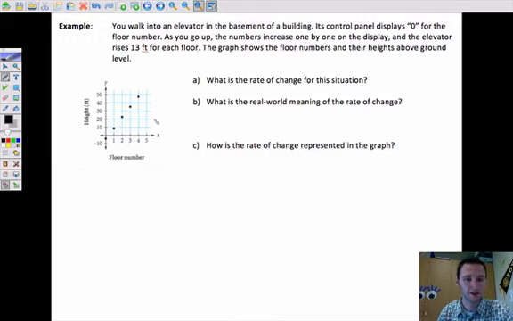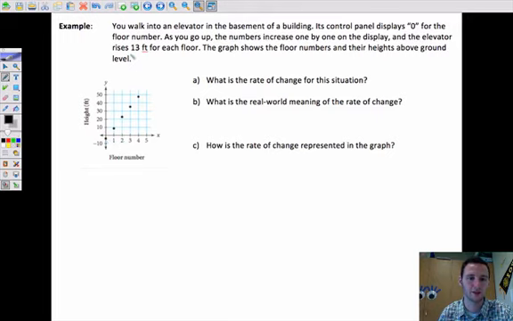So this graph down here sort of shows your movement. You start here at floor 0, and it looks like you're actually underground, so floor 0 must, I don't know, be in the basement. Maybe it's a hotel or something, and you walk a few steps down to get to the elevator or something, I don't know. But you actually start underground here, and then you go up. Each floor that you go up, as we see it increasing on the x-axis,